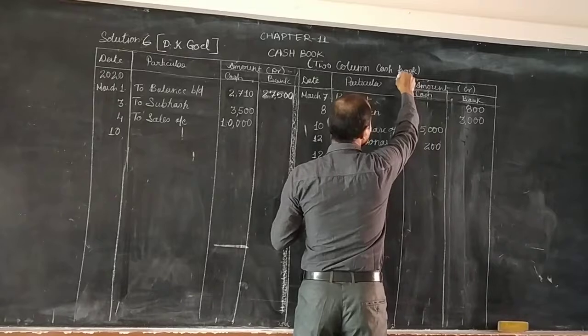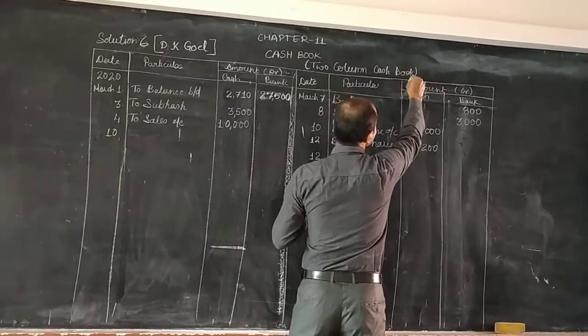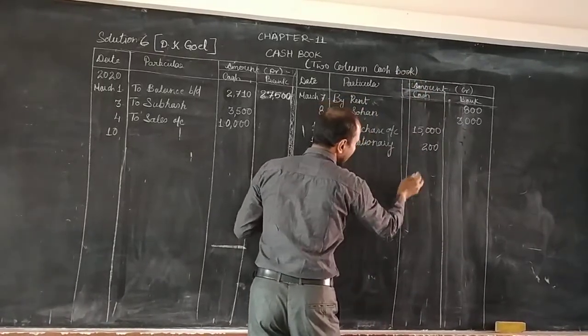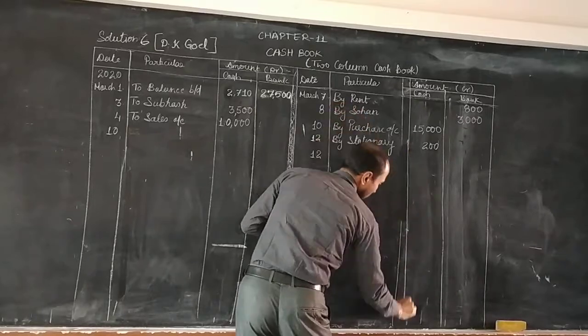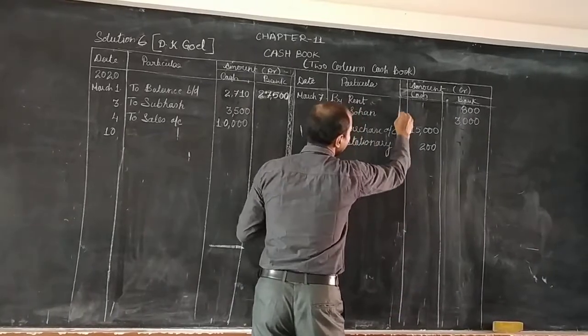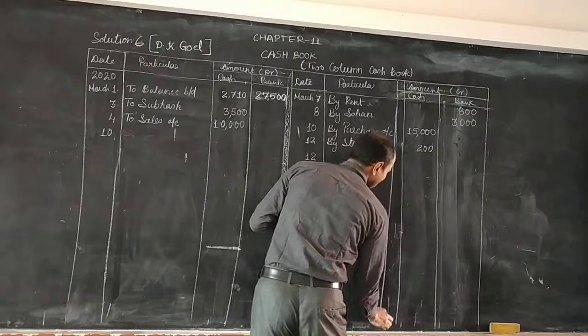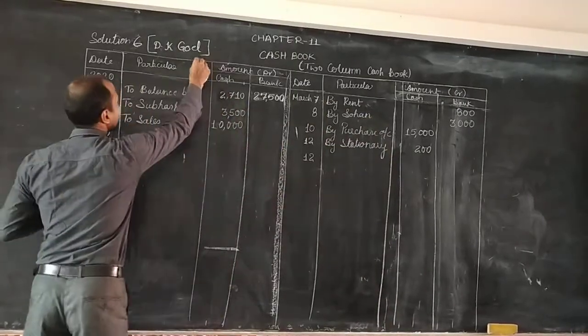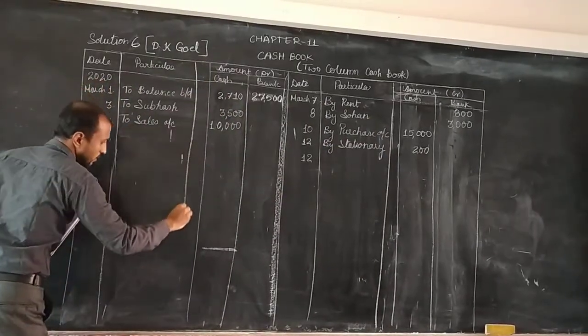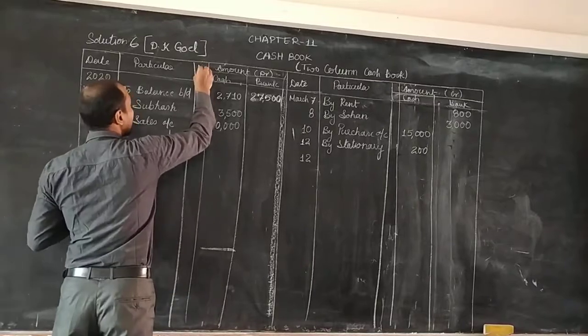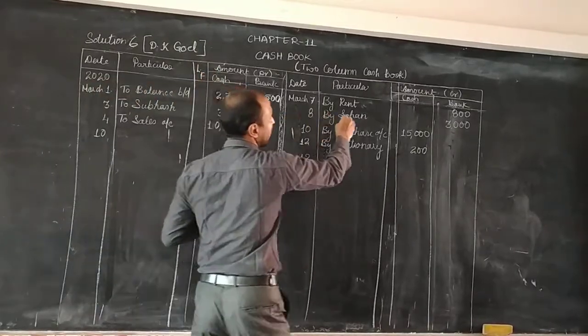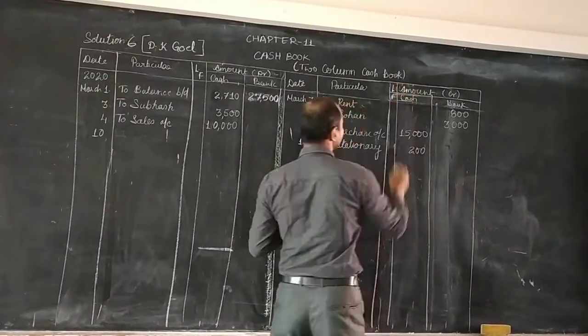One more thing I forgot to draw here. Now I am going to draw that is of your LF. We will see LF also. So here it should be LF, and in this we will write contra. Here also we will have LF. Space is there. So that is ledger folio. In ledger folio, and then this side also we are having a ledger folio. This is ledger folio account.